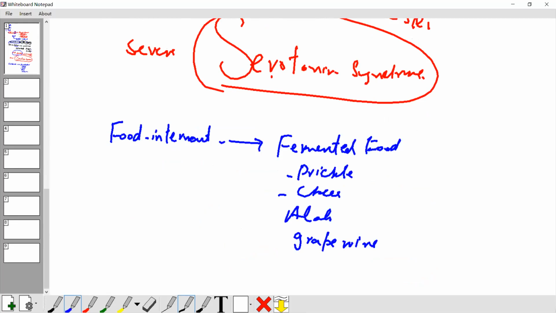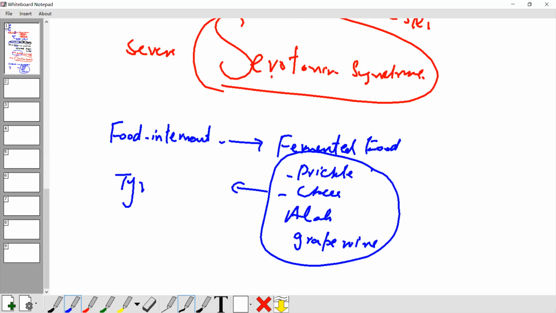These fermented foods contain what? Tyramine. All fermented food contains tyramine. This tyramine is causing what? Reuptake